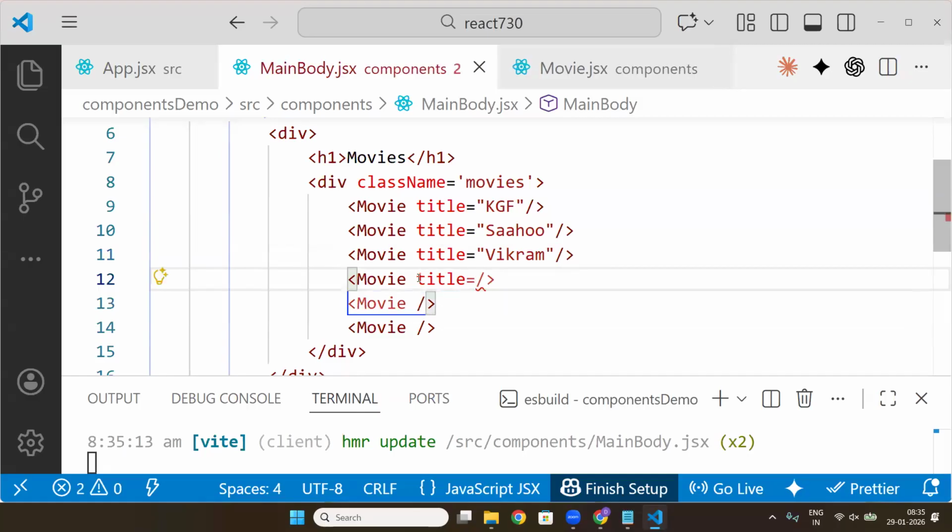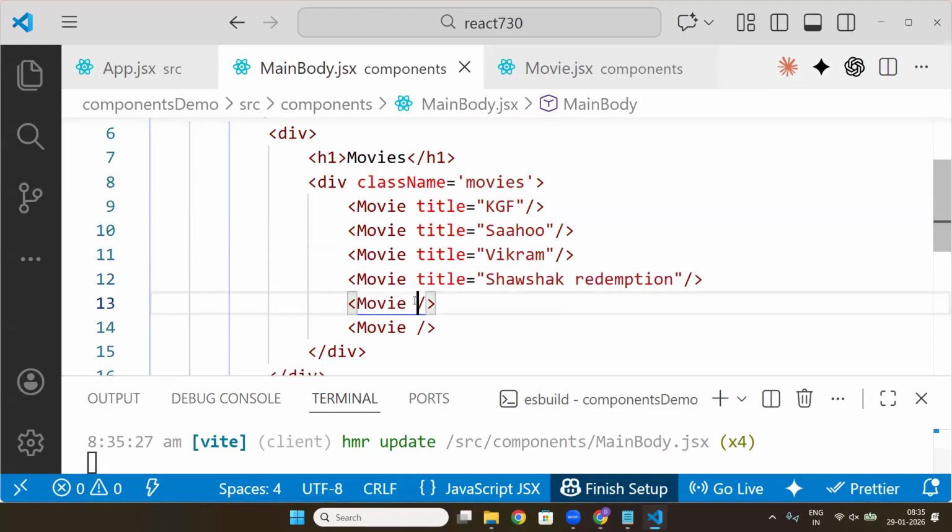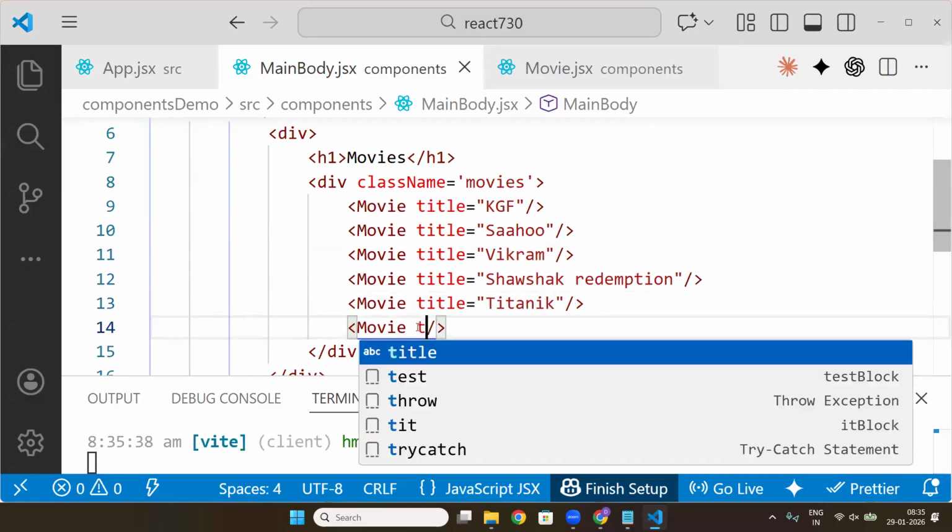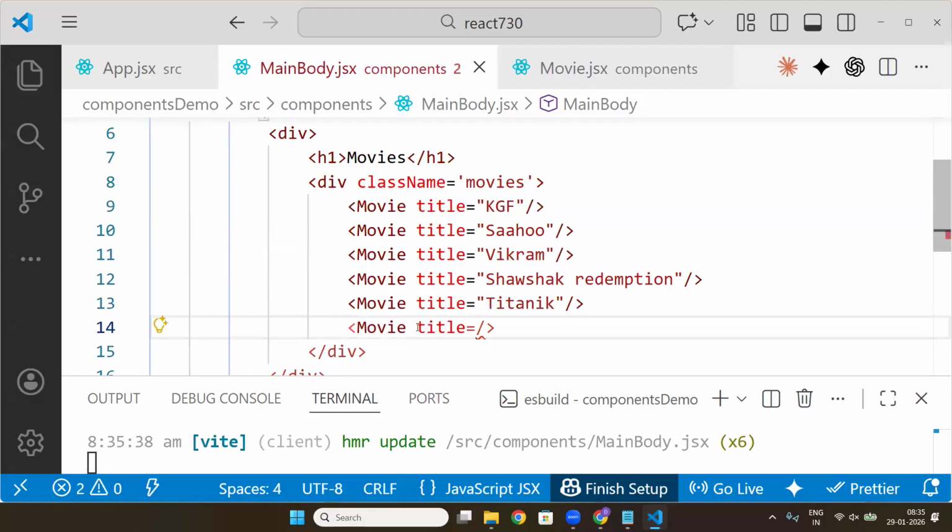Title, I'm sending it like Shawshank Redemption. And here also title, I'm sending Titanic. Okay. So now I have it like